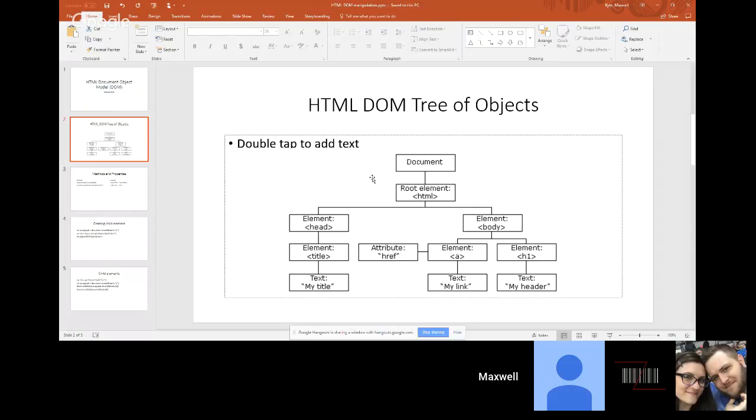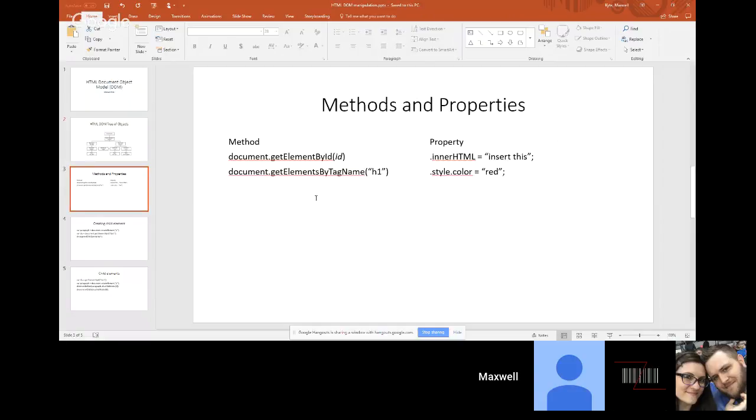The document object model is just basically the layout of what's inside what in the HTML. And you can manipulate that with JavaScript using a few methods and properties